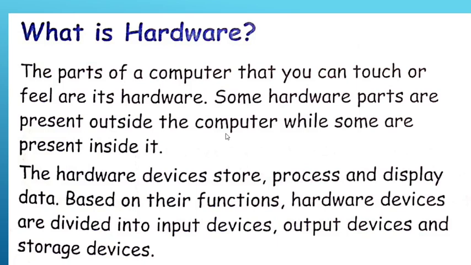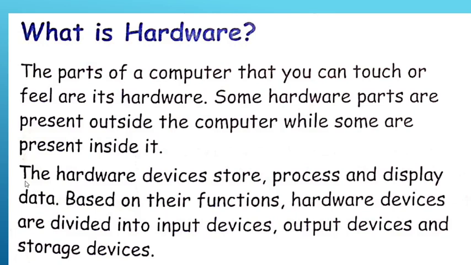What are the hardware that you can see outside the computer? Keyboard, mouse, speaker, monitor. Those are hardware which is outside the computer. And what are the devices that are inside the computer? Like hard disk, processor, CD-ROM, DVD-ROM, motherboard. These are all present inside the computer cabinet, which you cannot see from outside. I think I have shown you those figures yesterday. Have you seen? Very nice.